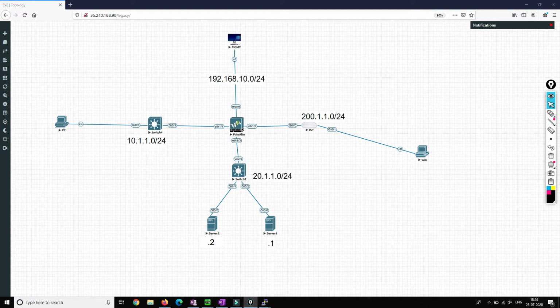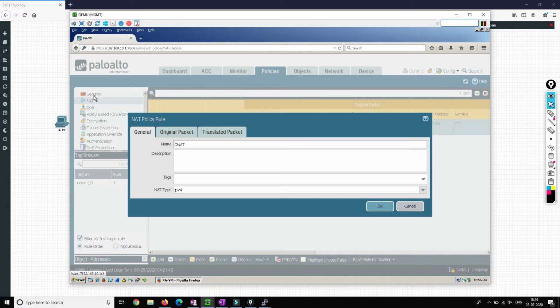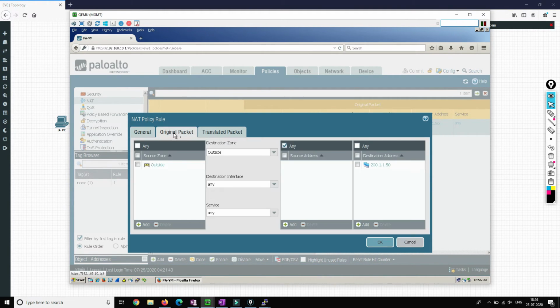So the first thing that we are going to do is we'll do a little modification in NAT. If you have configured any security policy, as we have allowed all, we don't need to modify anything on the security policy. But here what we have to do is, in service, it is service HTTP, so the user will be accessing on port number 80.